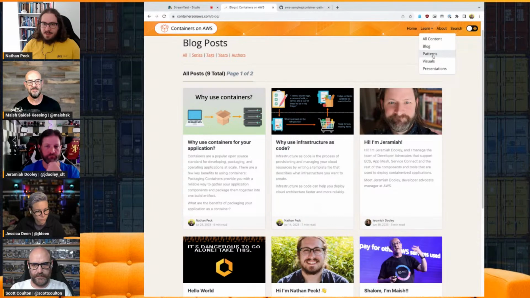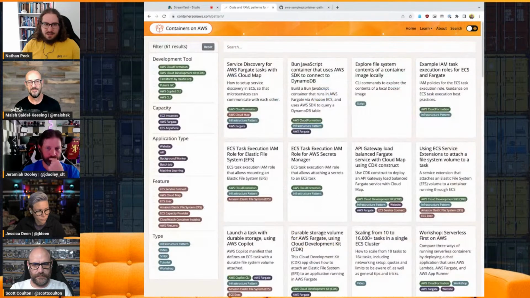We also have, next on the list, code patterns. So if you've seen Serverless Land for Lambda, then you're probably familiar with the idea of having a bunch of patterns for your particular service and an IDE filter. So we were really inspired by Serverless Land here. And the goal of this is to give you different ways to explore how to use containers on AWS depending on your particular scenario.